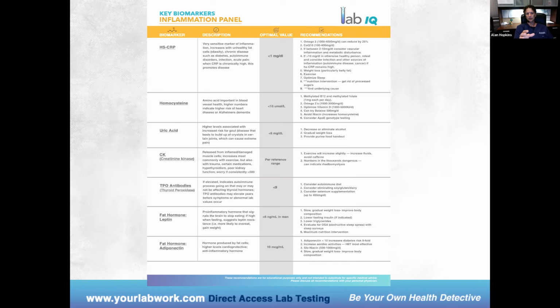And so I'm going to tell you what the biomarker is, a brief description of the biomarker. I'm not going to tell you what the reference range is. I'm going to tell you what optimal is, okay? That's where we want you as an anti-aging doctor or an integrative medicine doctor. And then all the natural things that you can do to actually improve that one biomarker, or things that you need to be talking to your provider about in regards to this one biomarker abnormality. And so that when you go in and you have a discussion with your provider, you know the very key things. It distills down the very key things as part of your treatment plan, the things that you want to be doing, and a lot of really cool information about stuff that you can be doing naturally to change